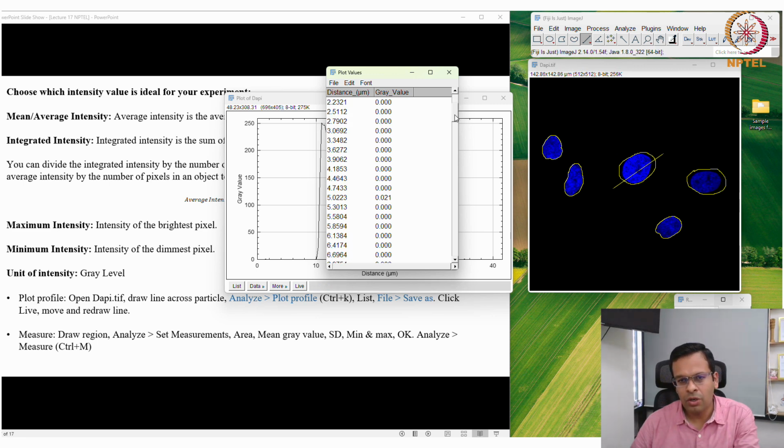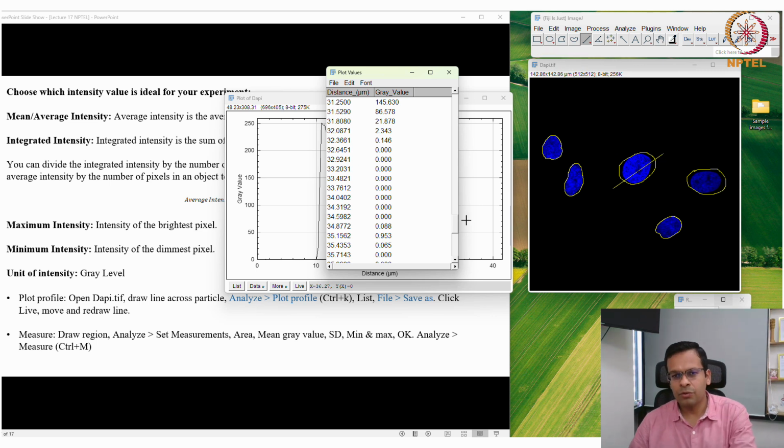Then as you go along, the gray value will increase. Then at that center area, the intensity is low, so it will go down. Then again it will increase, and then again it will be close to 0 in this area where there is no signal.